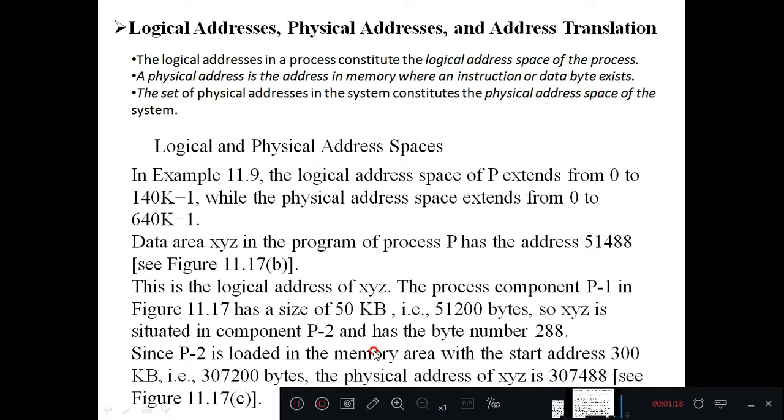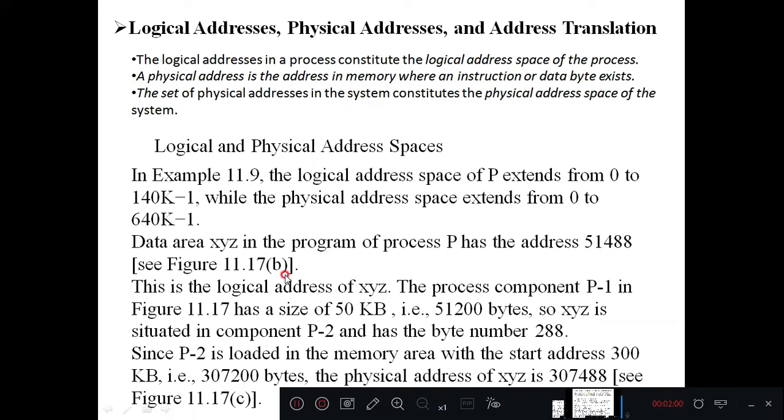For user convenience, we divide that hard disk into a number of partitions like C, D, E and F, so that the user can fetch the data easily. But when it comes to the actual computer system, the operating system will look into the physical memory. It is not aware of the logical memory. So logical memory is for user convenience, but the operating system will always look for the physical memory.